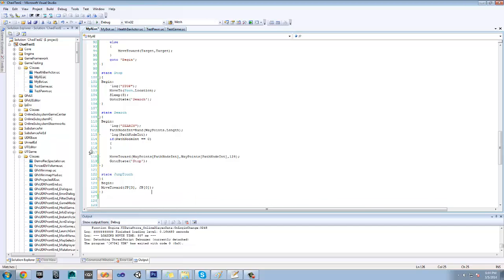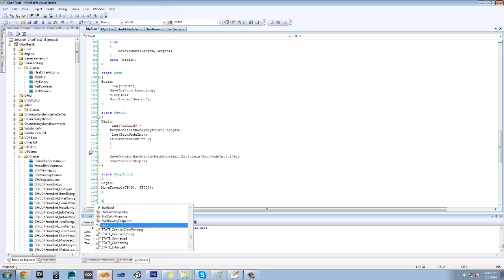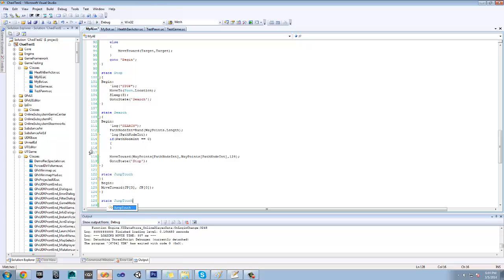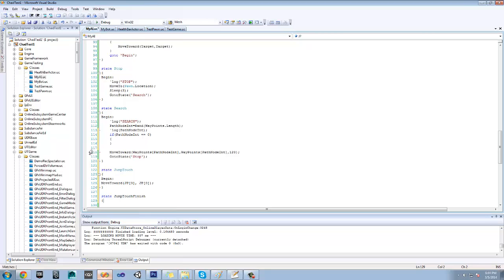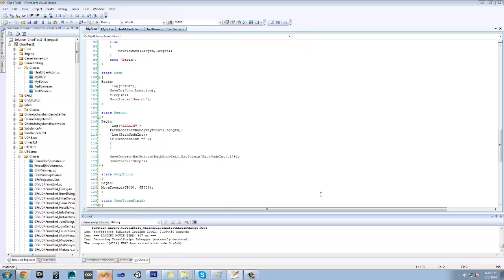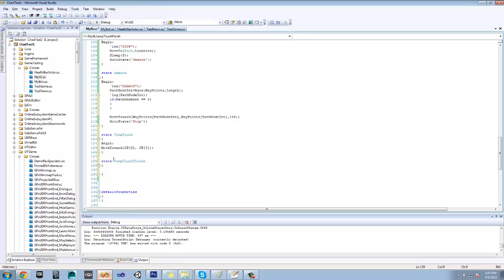We're going to make one more state here quick. I'm going to get jump touch finish. That's what I'm going to call it. So we know that's finished. It's going to go to the path node. Once it touches the jump pad, it's going to go to the jump touch finish to finish out the job. So what we're going to do, we're going to say